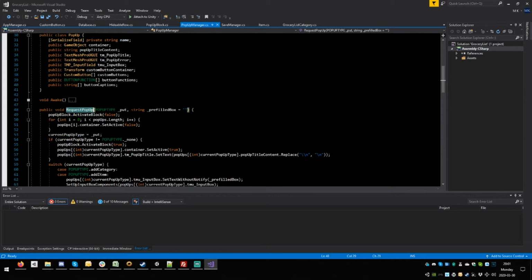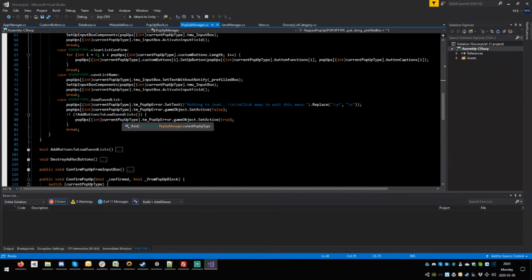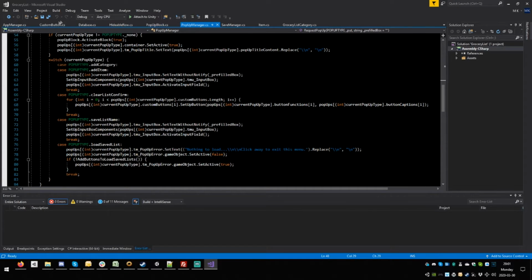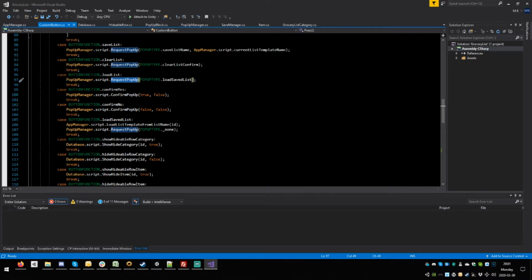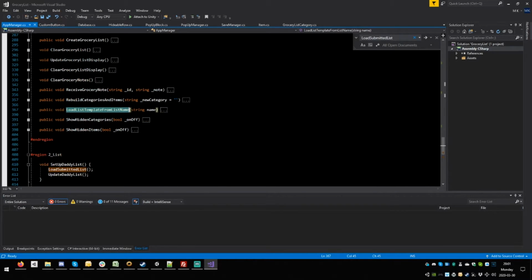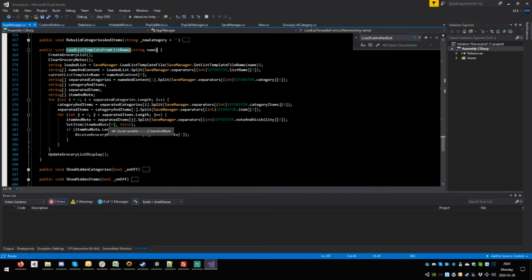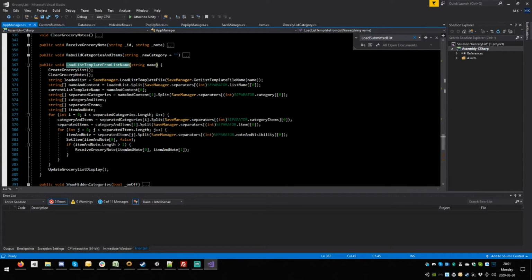So it goes to the pop-up, and then when you confirm the pop-up and choose something, so it's actually another button you're using for that, I think, which is load list template from list name. I mean, what a bit of a mouthful. All right, so we already had a separate thing. So if we give a string name that isn't right, perhaps we could utilize this. And I think we could. So we're going to load previous list. So name,